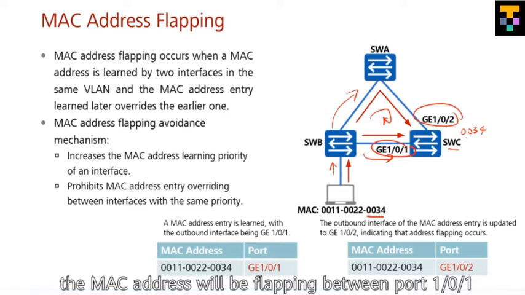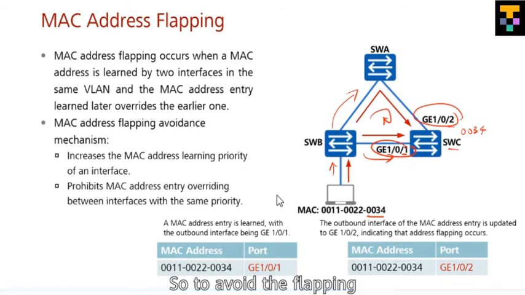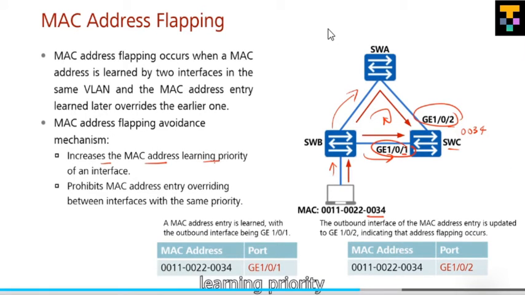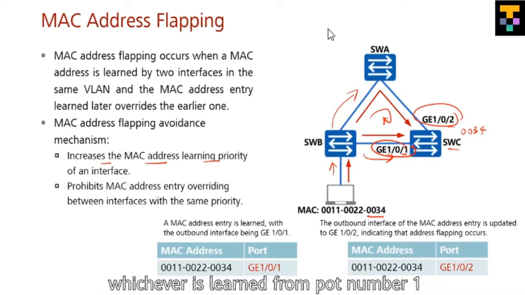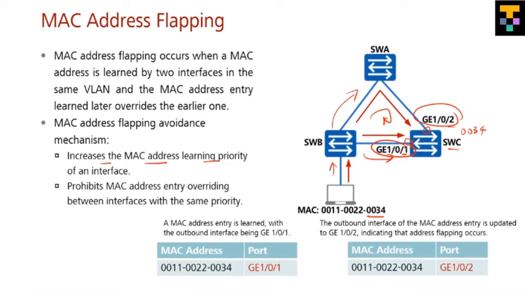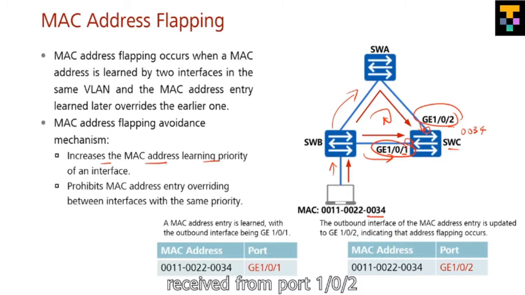So in this case, the MAC address will flap between port 1 and port 2. To avoid the flapping, what we can perform is to increase the MAC address learning priorities. You can say that whatever is learned from port number 1 has a higher priority than port number 2. So when I receive the same MAC from port 2, I will